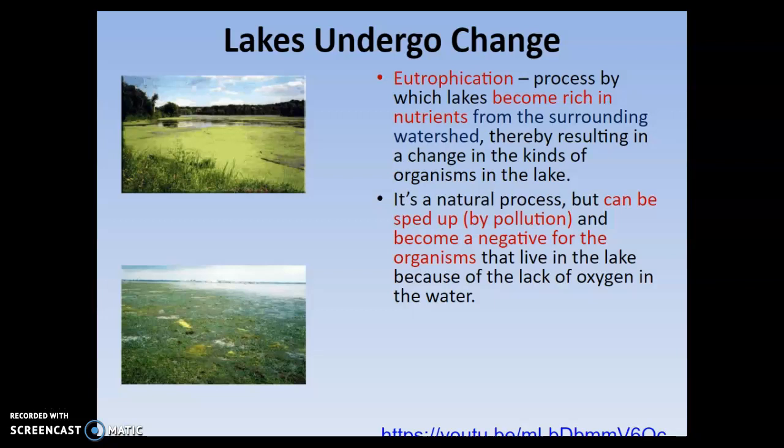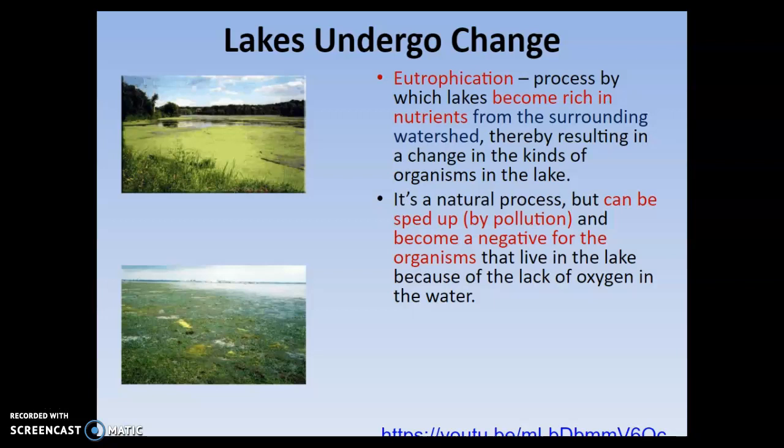But what happens is that because the bacteria are using up all that oxygen, the fish do not have it in order to live. So you get these areas called hypoxic areas, which means low oxygen. And if there's low oxygen, fish can't live there because just like you and I need oxygen to live, fish do as well. As the fish swim through the water, the oxygen passes through their gills and it is carried to their organs, kind of the way that we do when we get oxygen from breathing in through our lungs.